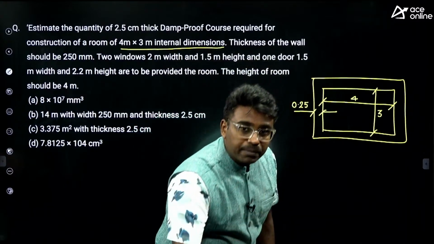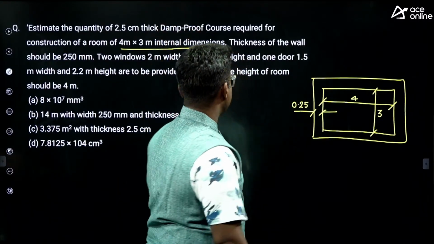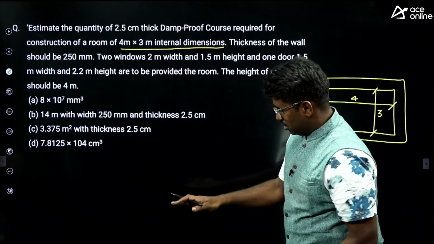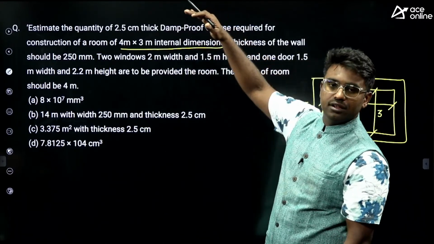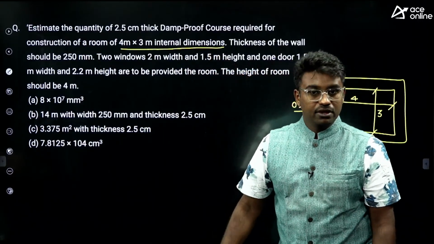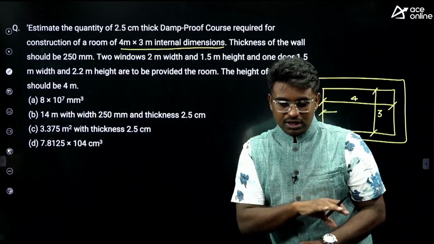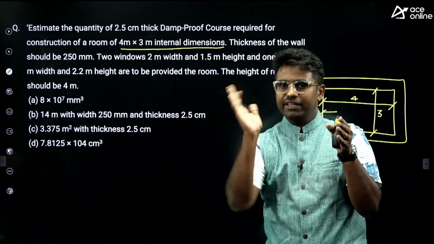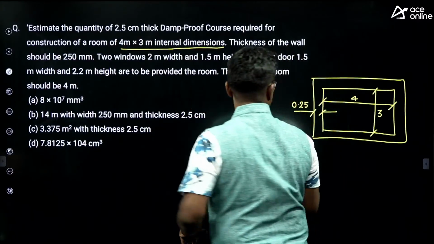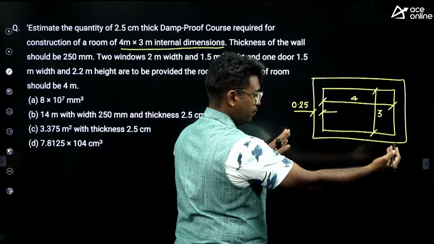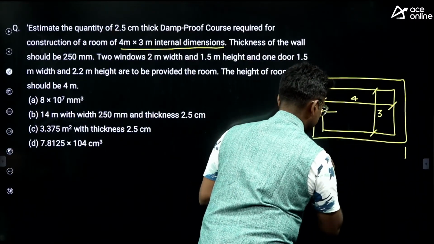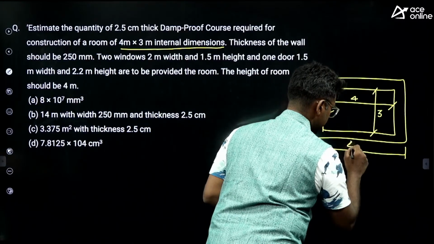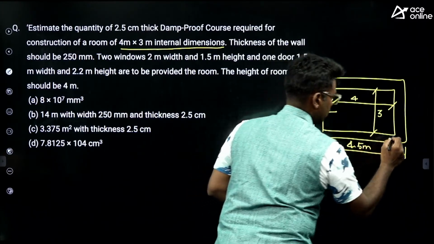DPC will not be there at the openings. It means that we have a door, not window. Window, नीचे तक तो नहीं रहेगा ना. It will be at a height of 3 feet. From there, it's at a height of 1.5 meter. But near the doors, at the bottom, we do not provide the DPC. Except that area, everything has to be calculated. Right or not? So, here, if we know the full length from here to here, if we want to know this length, 4 plus 0.25 plus 0.25, both sides. You get 4.5 meters. And what is remaining? This part.